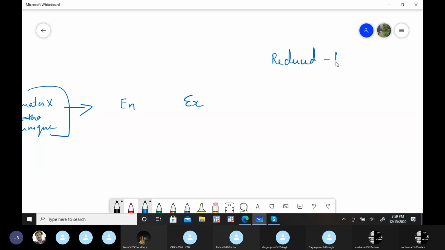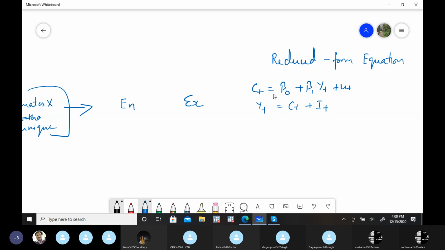Reduced form equations. If I simply say, okay, let's take this case only. What actually is this, and why are we doing this particular thing? If we have a simultaneous equation model, like I told you in the OLS case, what we have to do is